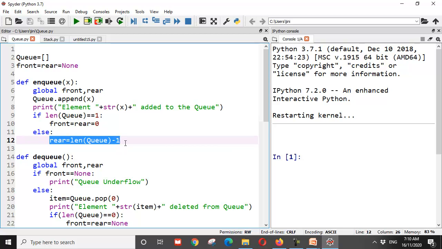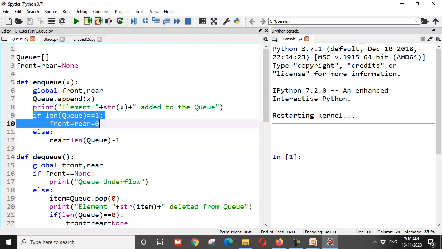For example, if I've inserted 5 elements, they are going to be at 0, 1, 2, 3, 4. So where's the last element going to be? At location 4. How do you get to location 4? Length of the queue, that's 5, minus 1, which is 4. Is that clear? So this is important for us to check: if this was the only element inserted, you can't just update the value of rear. In that scenario, you know what would happen? Front would continue to remain at None. That's not true, right? So if this is the first element and the only element inserted, front and rear both refer to the same element, which is at index location 0.